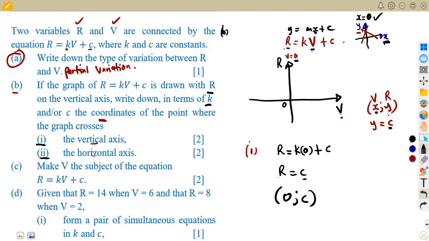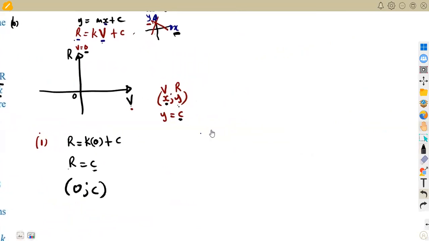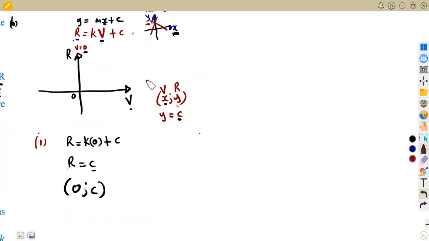All right, on the horizontal axis, again using the same idea of straight lines, we understand that on the horizontal axis, the x-axis, y is equal to 0. So what is y representing? Y in this case is representing r. So we are saying on the horizontal axis, r is going to be equal to 0, just like y is equal to 0. So if r is equal to 0, substitute into the equation